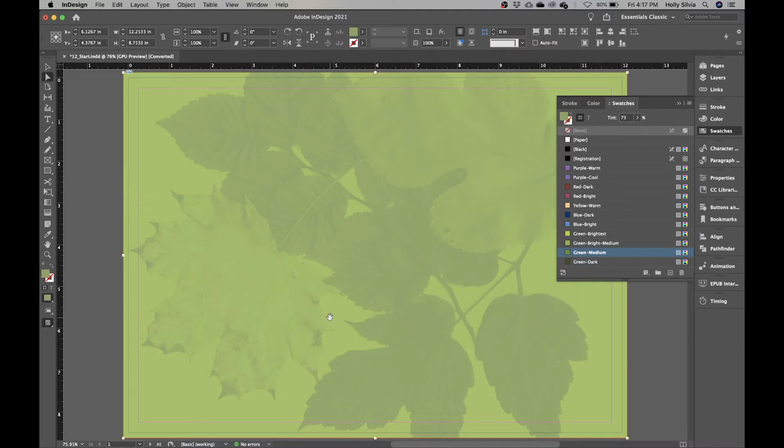Now the reason we were able to do that is because InDesign lets you apply color properties to grayscale and bitmap images as long as they are saved as PSD, TIFF, BMP, or a JPEG format. If it's something outside of that, this method won't work. So again, it's PSD, TIFF, BMP, or